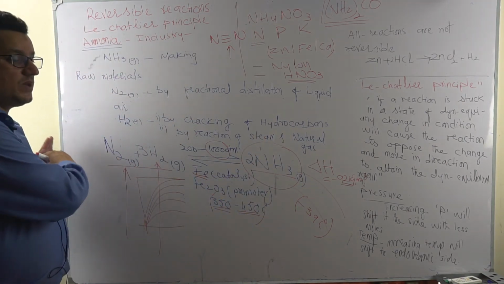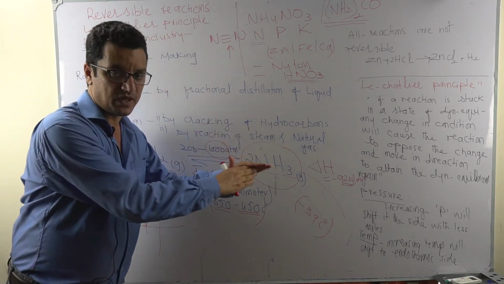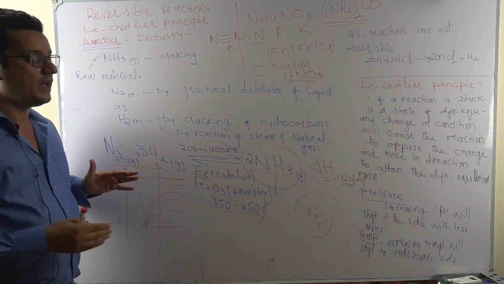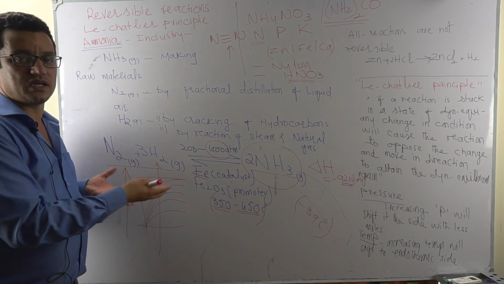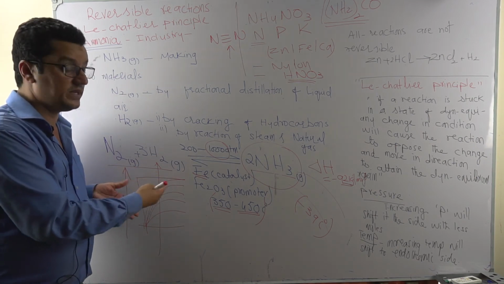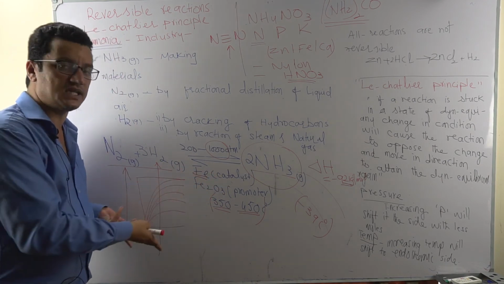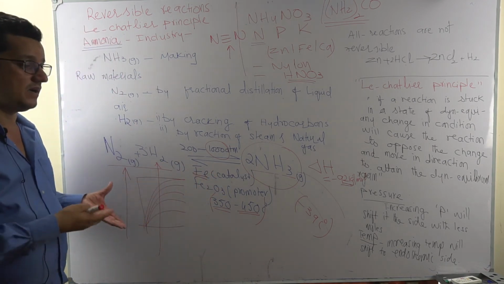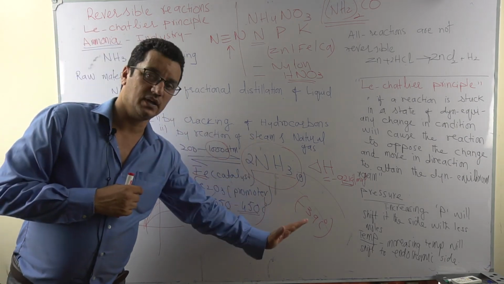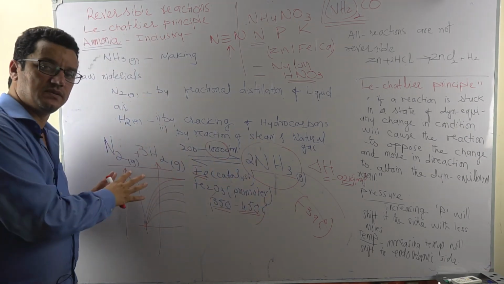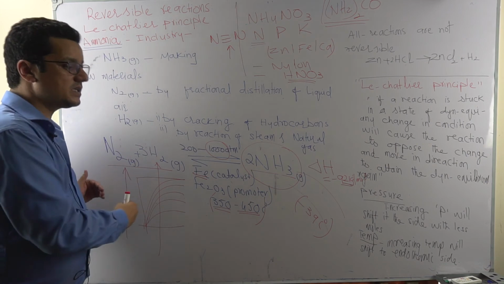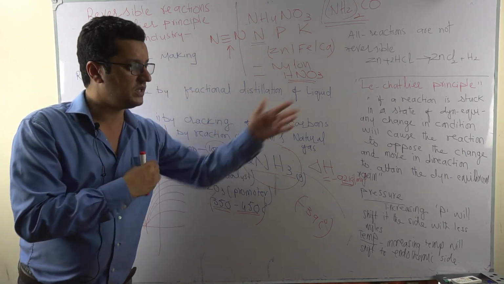So reactants are added constantly and products are removed constantly, so the dynamic equilibrium is always shifted to the right side. Because if you are not removing the product and adding reactant, the reaction is stuck in the state of dynamic equilibrium and there will be no apparent change in the yield. The yield may be only 15% even applying these conditions. You need to be smart. Remove ammonia, the dynamic equilibrium is disturbed, and the reactants will react to turn into product according to the Le Chatelier rule.